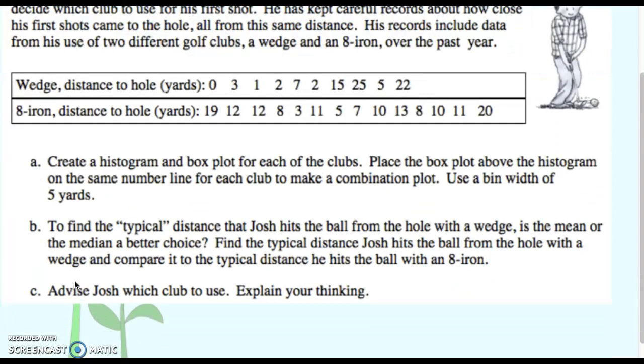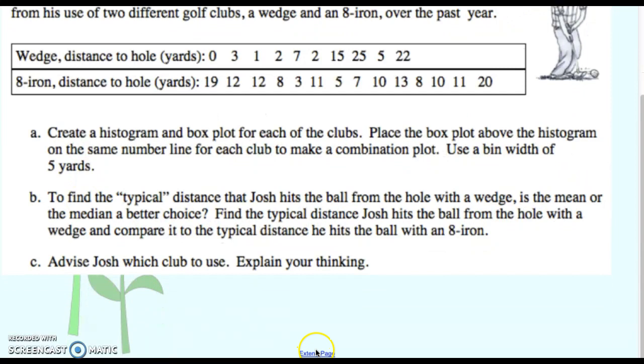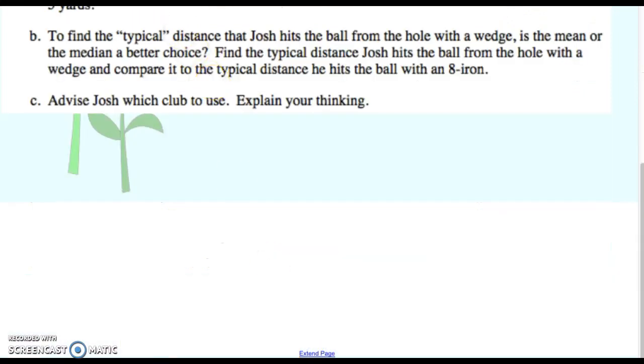Part A says to create a histogram and box plot for each of the clubs. Place the box plot above the histogram on the same number line for each club to make a combination plot. Use a bin width of 5 yards. Alright, so I'm going to scroll down here and we're going to make the outline of a histogram first. Okay, so you start just like you do with a graph,